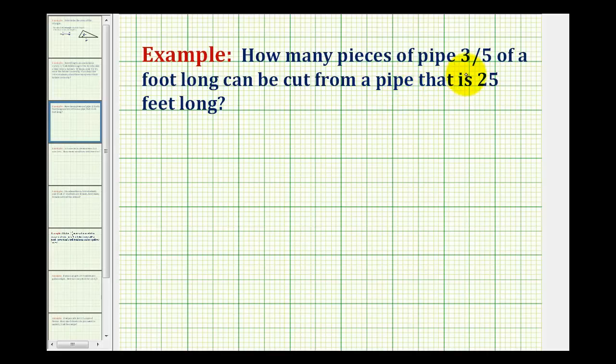How many pieces of pipe 3/5 of a foot long can be cut from a pipe that is 25 feet long? If we find this type of problem challenging to solve, sometimes it's a good idea to solve a simpler problem to devise a strategy. For example, if the pipe was 10 feet long,